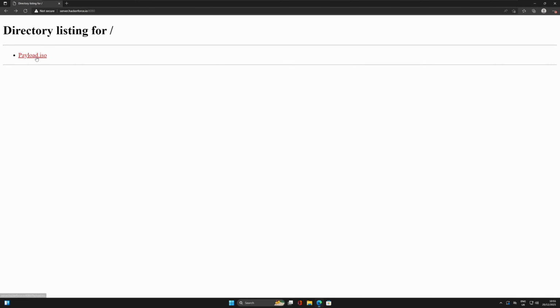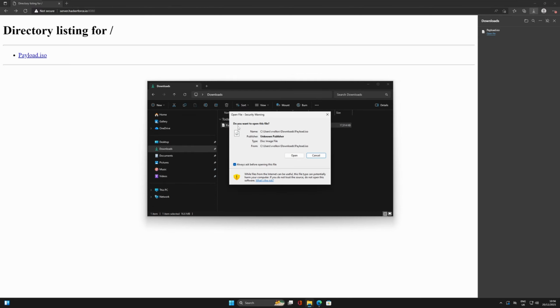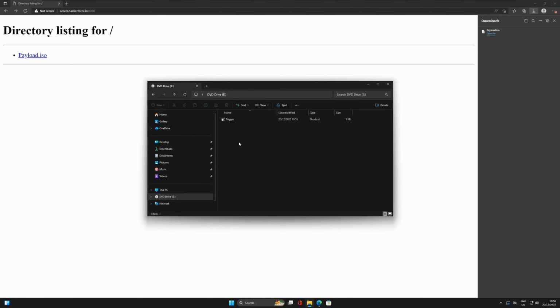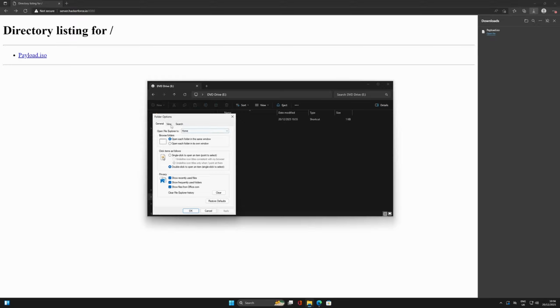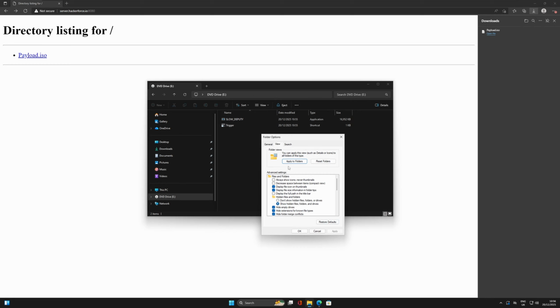Okay, so back from the victim's perspective, they are going to download the ISO image, and once downloaded, they will mount it. And then notice now the Sliver implant is hidden, and it appears as if we've not even included it at all. Now, this is a Windows capability, and we can actually view more on this by selecting options here, view, and show hidden files, folders, and drives. So if we apply this, you'll see that the implant or the executable is blurred out a little bit here, or grayed out. So it is indeed included, but it has the hidden property, which makes it appear as if it's not. And the don't show hidden files, folders, or drives option is enabled by default on all Windows installations,